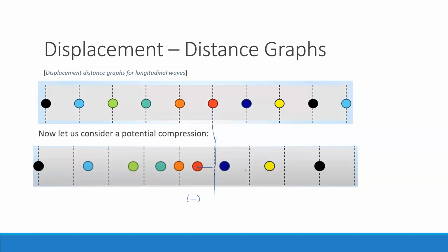How about the particle on the left, Muhammad? The blue particle, does it have a positive or negative displacement? Positive. Excellent, positive, right? Because it's to the right of its initial position. This is going to be really, really key when we do exam questions.